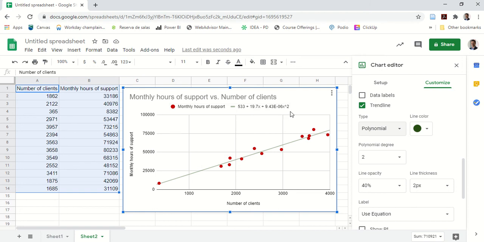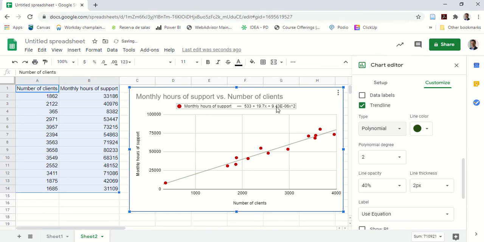And so that's why this component here is neglectable, and we basically have 19.7 times x plus 533,